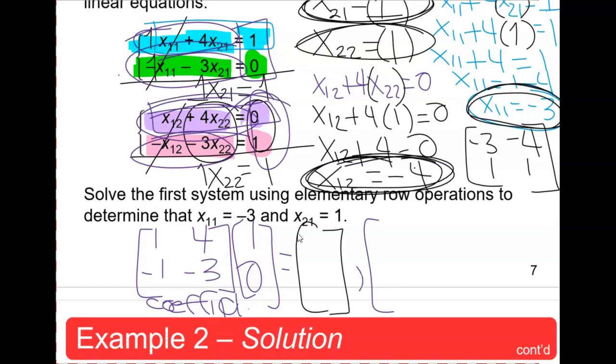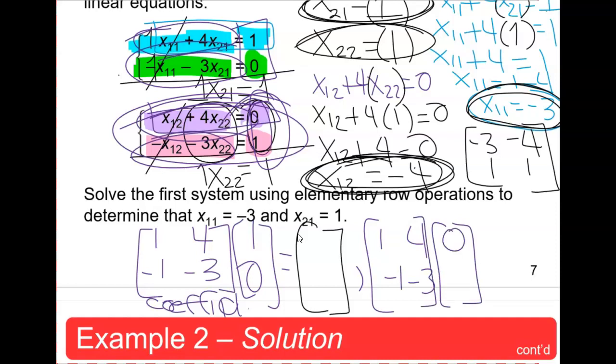And then we did the second system. So 1, 4, -1, -3, multiply it by the second column of the identity matrix, and whatever we obtain by solving that system, those are the two columns that we have here. -3 and 1, that goes here. And then the second column, -4 and 1,